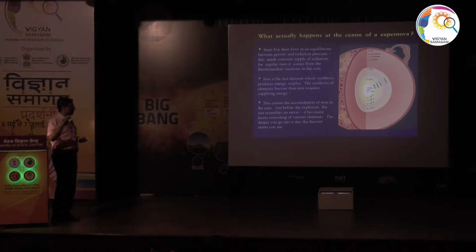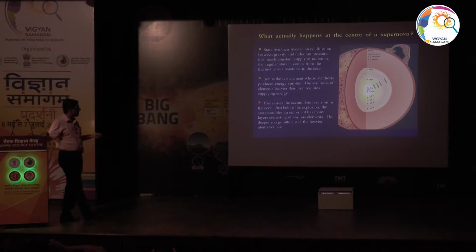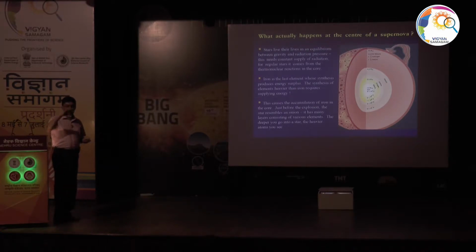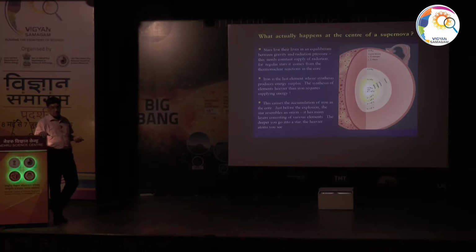Obviously the densest and the hottest regions are at the central core of the star. And then when iron forms at the core, the star looks a bit like an onion with different peels or layers,